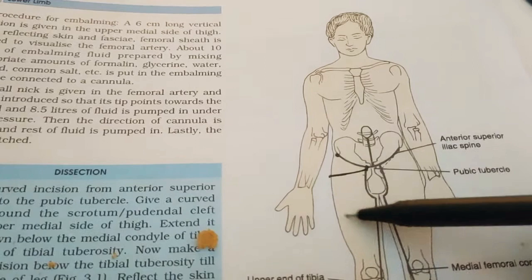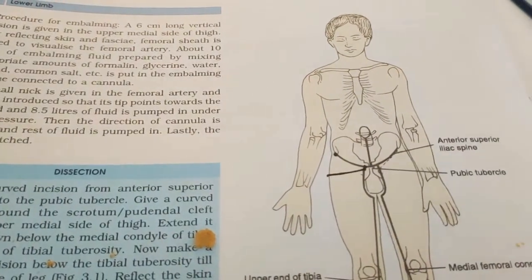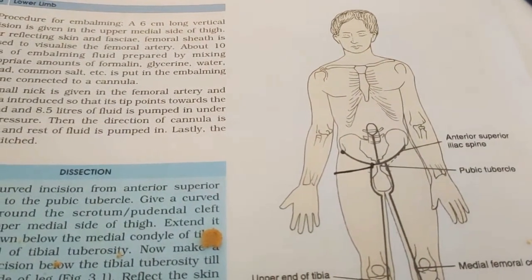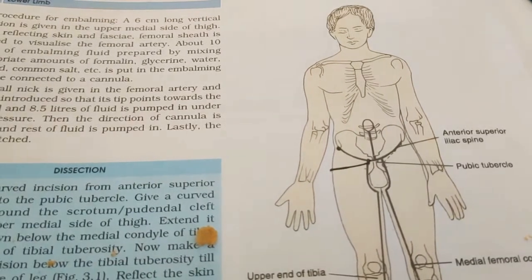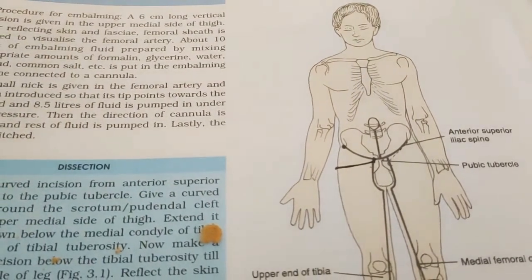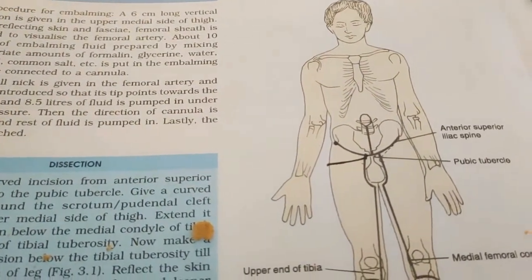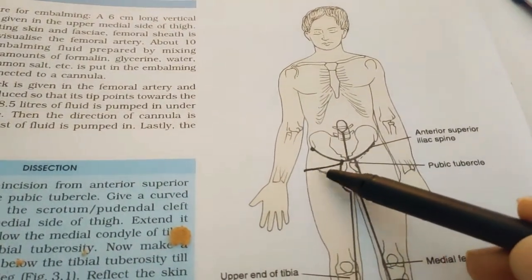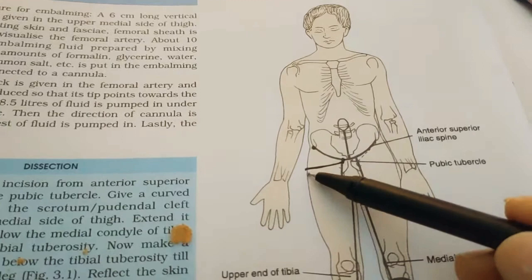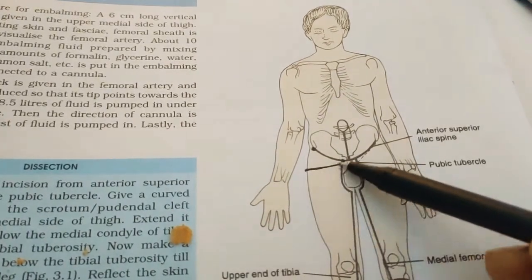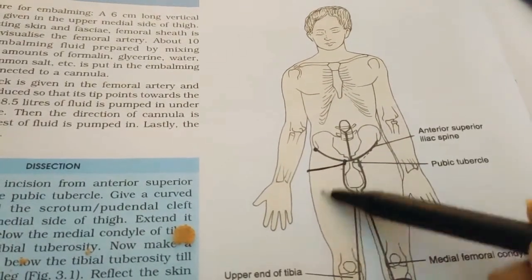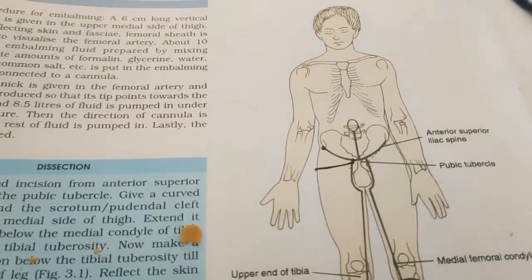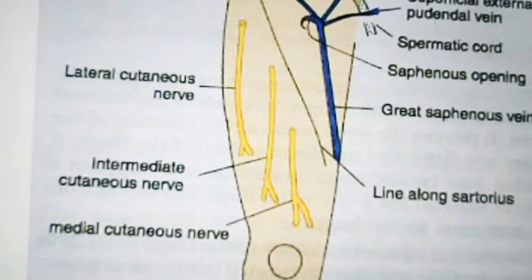Okay, so the firm attachment of the membranous layer of superficial fascia to the deep fascia along Holden's line prevents urine from descending into the thigh beyond this line. So even if the urine is coming from the urethra, it will not cross Holden's line. Only up to Holden's line may the urine pass into the front of thigh, but it will not pass through the other parts. So now we are going to start the discussion on cutaneous nerves.